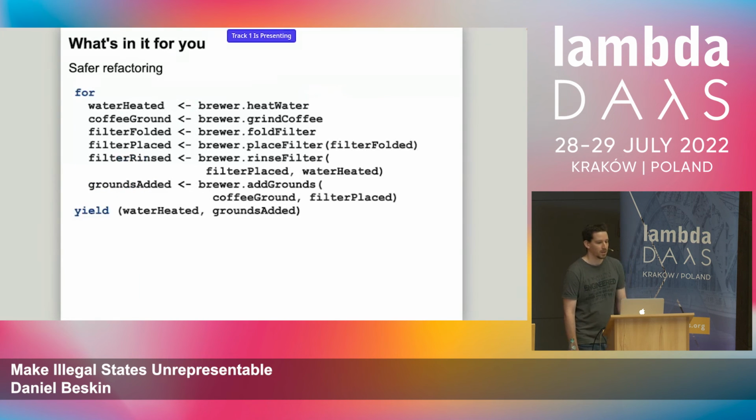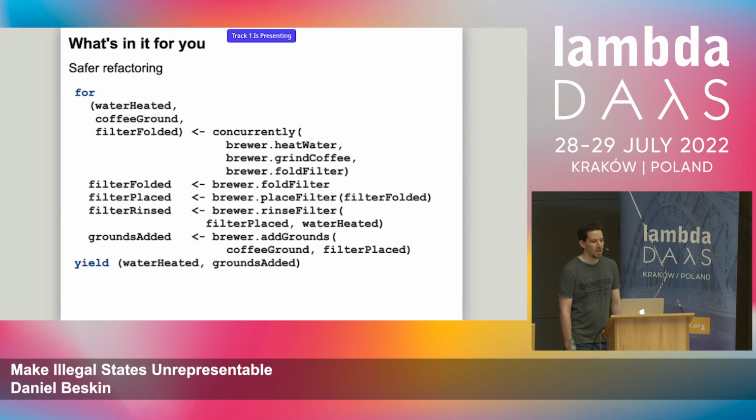Another example of refactoring is, I mentioned in the previous section that we can parallelize some actions here. So we can, for example, heat water, grind coffee, and the rest can be parallelized because they have no dependencies. So this is a refactoring that's easy to get wrong because if you mess something up, things will run in parallel when they shouldn't, and in the bad example, that would be just broken. But here we can write this code, and if we mess something up, the compiler will tell us, you're missing some dependencies, you can't run this in parallel.